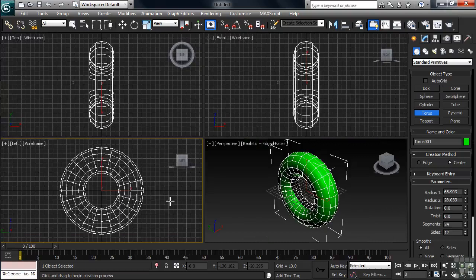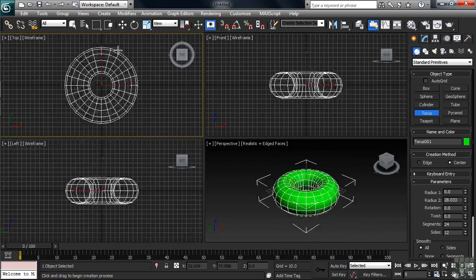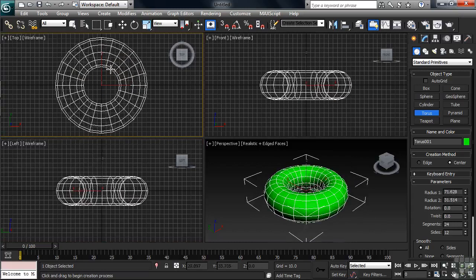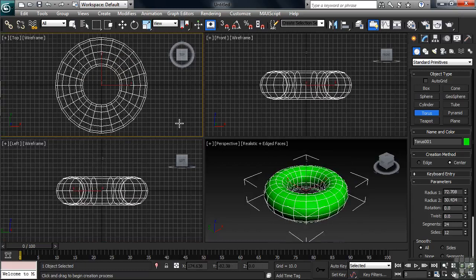Notice because we made the torus in the left-hand view, it stands on edge, making it look like a candidate we could use for a tire on a sand buggy. Let's go ahead and delete that and instead make it in the top view. Take a look at the difference. That tire for our sand buggy is now laying flat on its side, making it look more like a donut